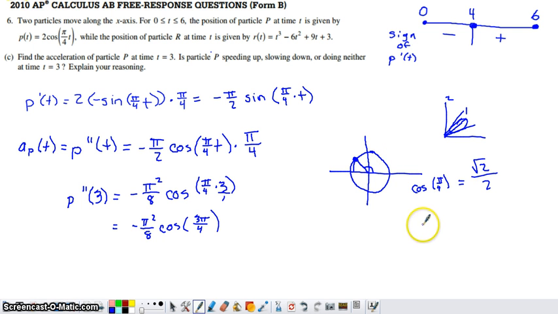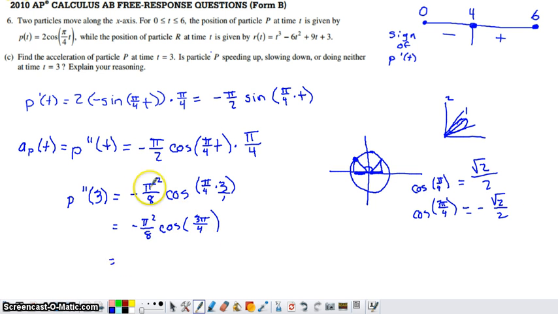We wanted the cosine of 3 pi by 4. If you think about this, this triangle right here would be congruent to this triangle right here. We've basically just determined that this x value is going to be square root of 2 over 2. This x value over here, since these triangles are congruent, the absolute value of this is going to be square root of 2 over 2, but since we're going to the left of the y-axis, cosine of 3 pi by 4, which is really what we wanted here, is going to be negative square root of 2 over 2. So it's kind of an ugly value. We just want to take this value and put it in place of cosine of 3 pi